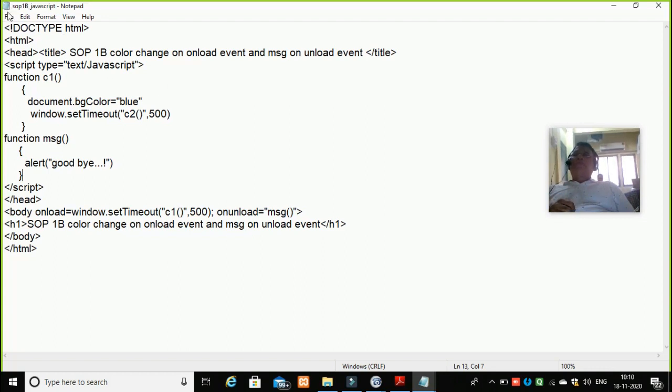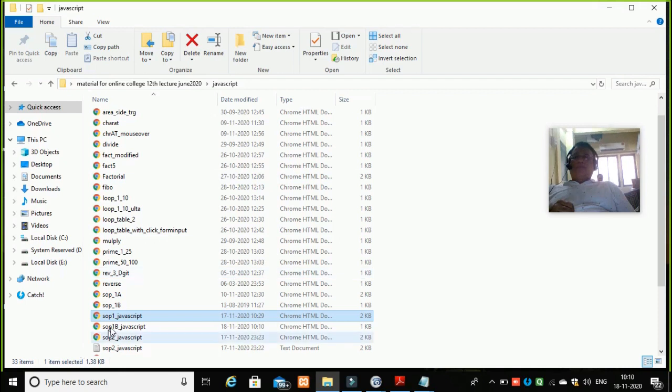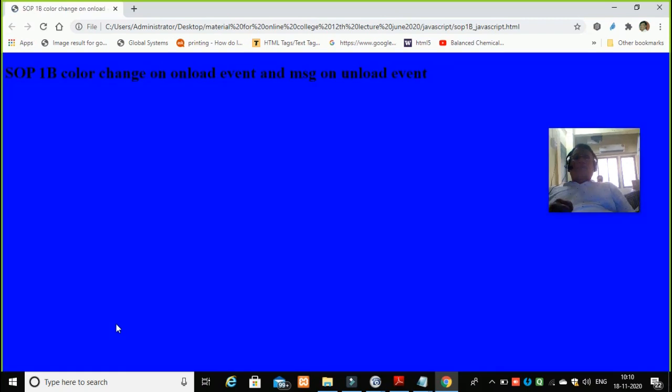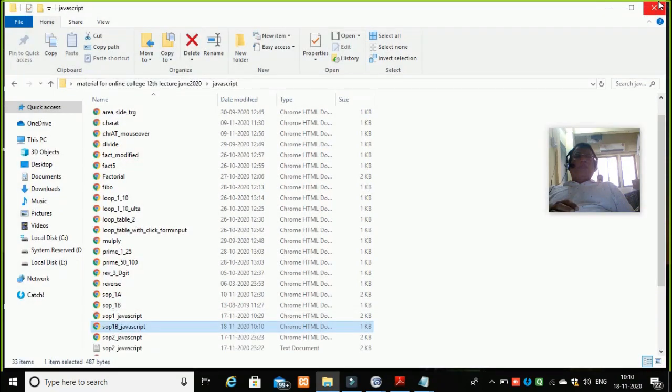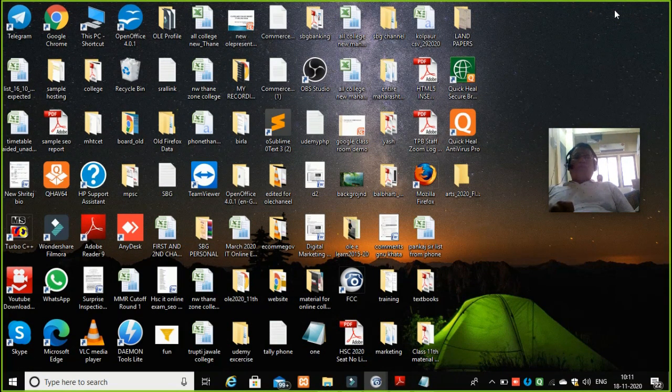Now, let us test this code. See, color has been changed. But then on unload, I should get a message, which I'm not getting here.